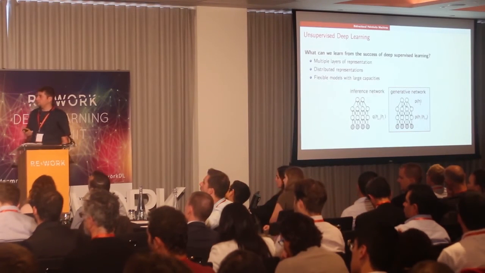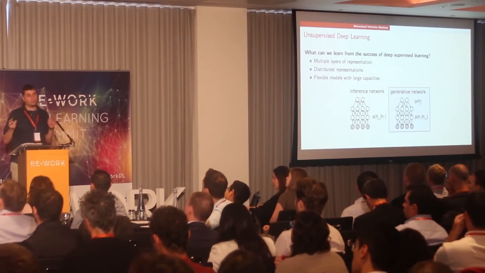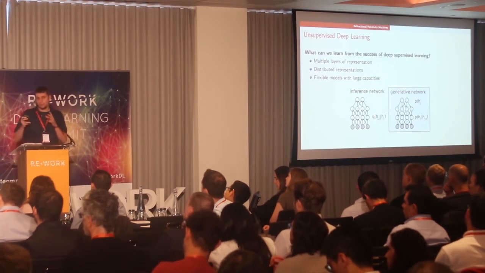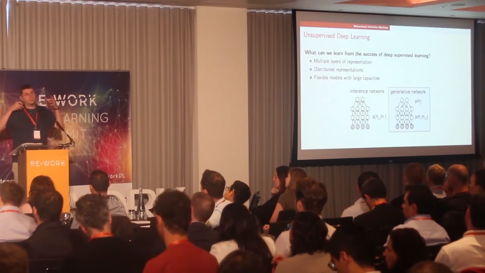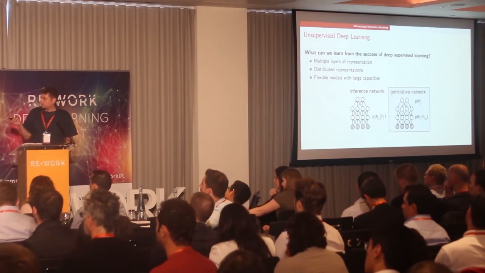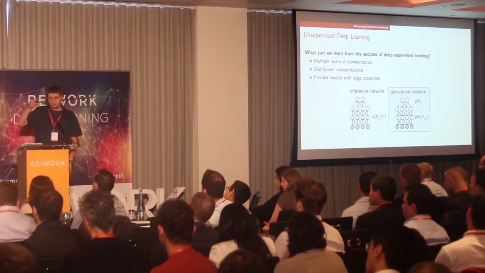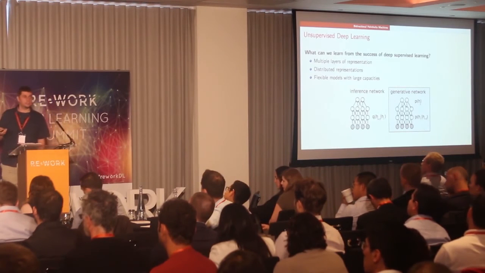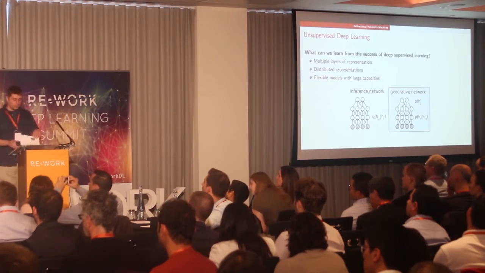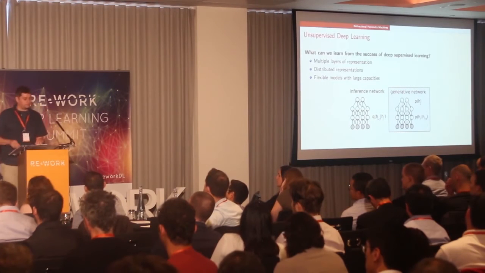But what we could do is take a second neural network. So we now have two neural networks, each having its own set of parameters. There's one network that runs from the input data up to some latent representation, some latent configuration. And there's the generative network that runs from this latent representation, from some noise, down to the actual image that we want to see, or data that we want to see. And our task here is now to train both of these models jointly.